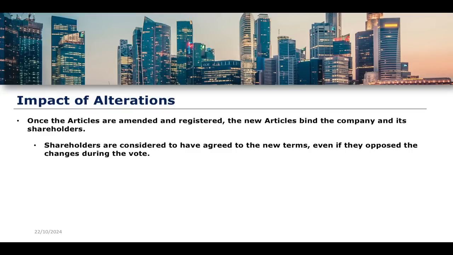So even if they opposed them during a vote, let's say there's only 75% support for that vote. If that is the case, then those people who have decided not to sign on, or for whatever reason have disagreed with that alteration, are still bound by that new change, because of course a company reflects a collective decision-making process. So even if you are in the minority when it comes to a particular agreement on altering the Articles of Association or a constitution more generally, you will still be bound by those decisions.